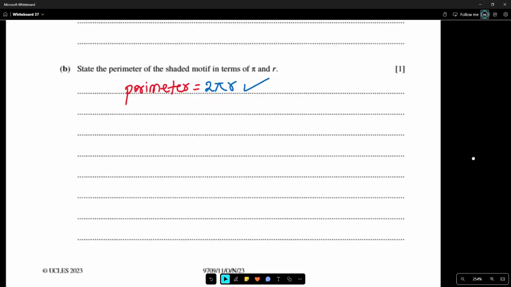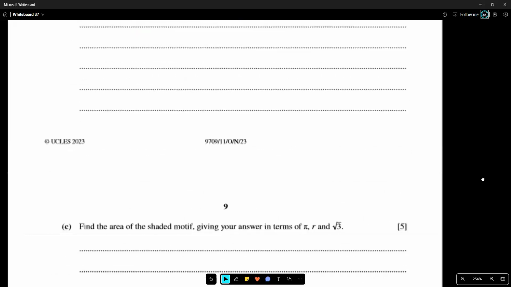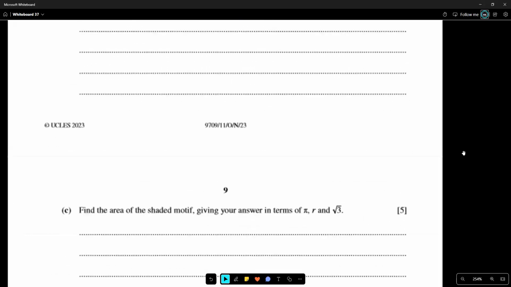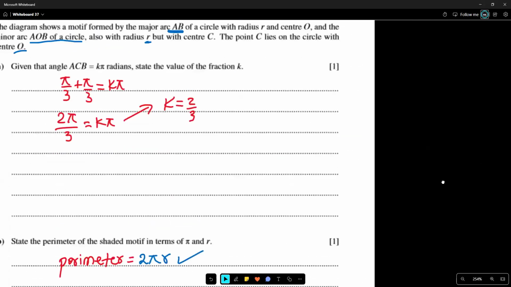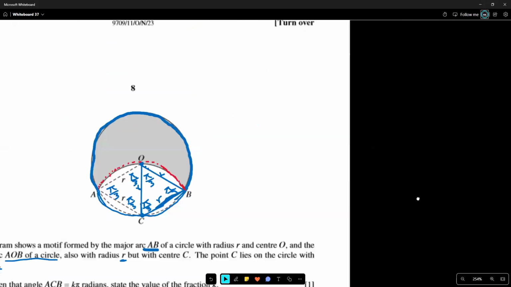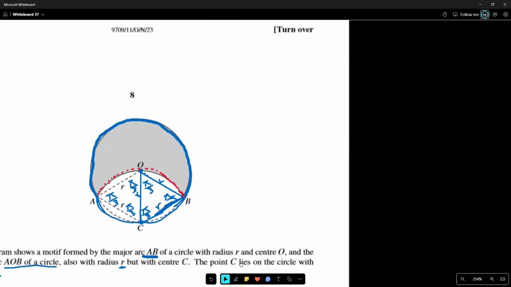The next question, what do they want? They want us to find the area of the shaded motif for 5 marks in terms of pi, r and square root of 3. Okay, I'm going to solve this up there, guys, because it's very down. So I'll try to solve it somewhere here. Let's see if blue is visible here. Yeah, it's visible. Okay, so here they need the area of this part. I'll call it A1. So to get A1,